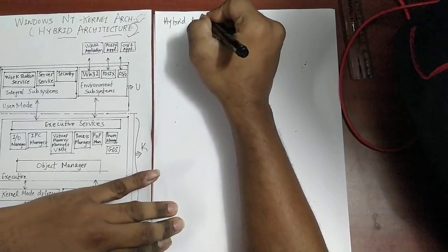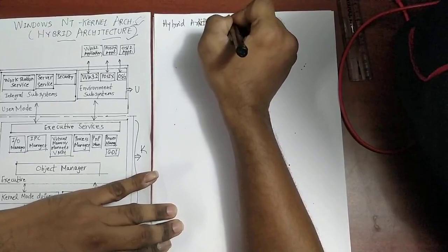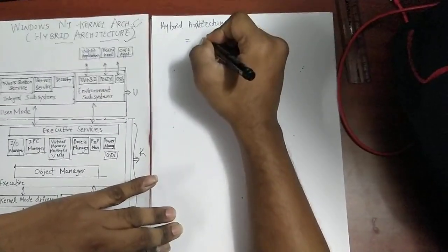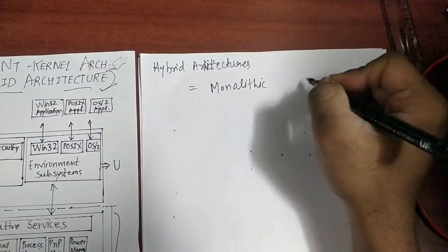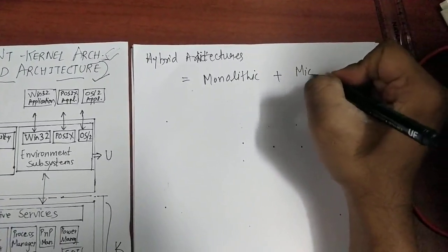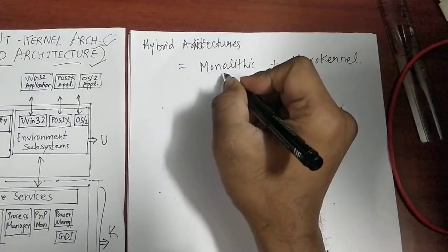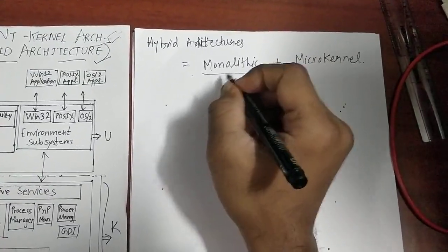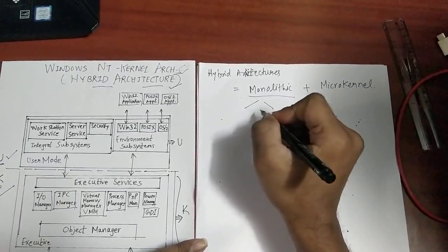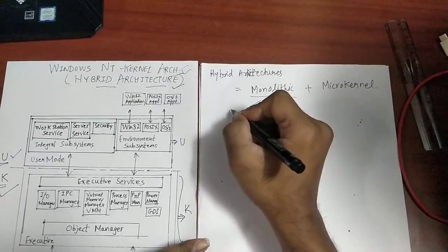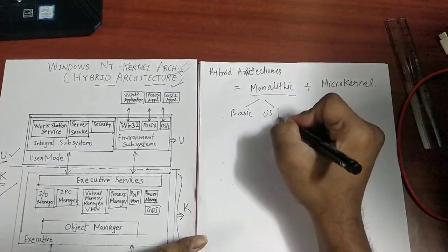As the name suggests, it is a combination of monolithic as well as microkernel architecture. Now we'll see what is monolithic. In short, a monolithic kernel is a kernel where all the services, all the basic OS functionalities